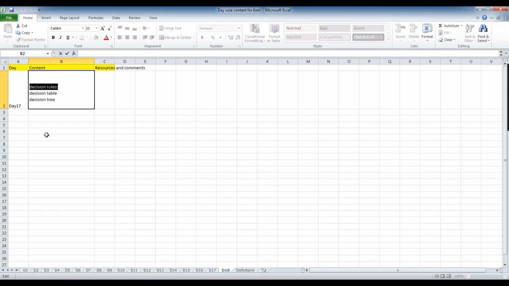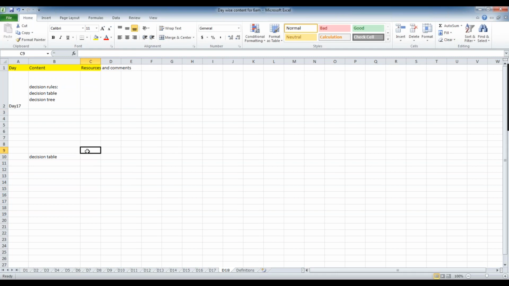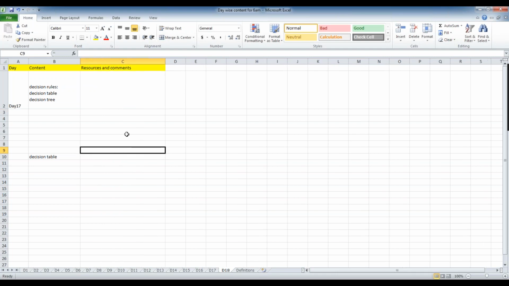Both are the same purpose only, but we have a small difference between these two. Decision table is flexible, and decision table will be used only when all the conditions are checked against a single column. Let's say something like this. For example, I'm saying account type. So account type is my column, and here the if conditions will be there.